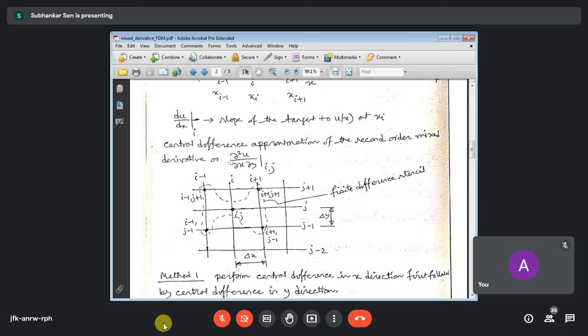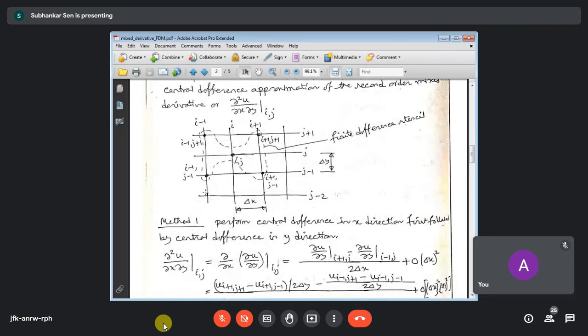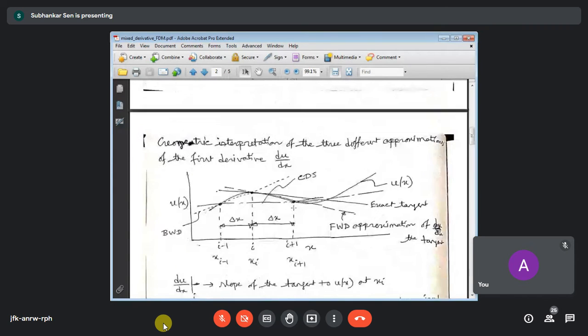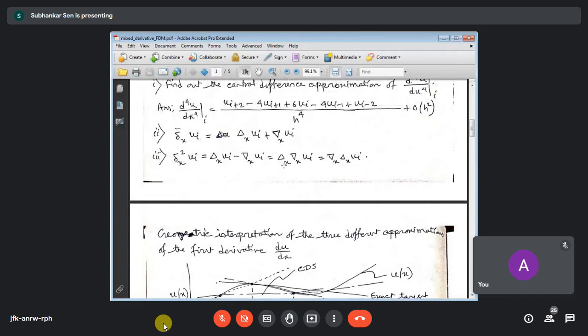So we shall perform the central differencing, and then by using central differencing we shall approximate this term, and we shall show that this term will be a function of these 4 corners. Okay, this simplified form. So the first method, as I have told you, in this expression it shows that when you are performing the central difference operator, which you are performing first, the forward and backward difference, or which is performing first or second, is irrelevant.